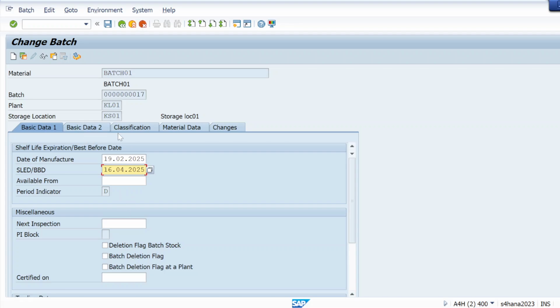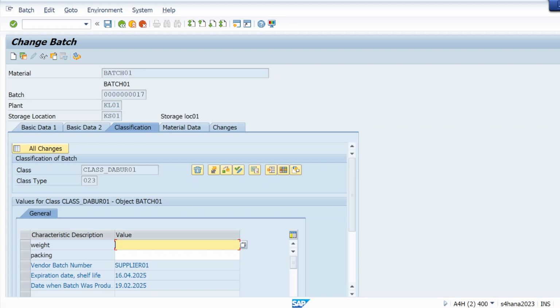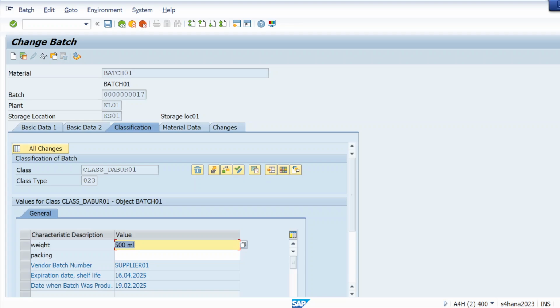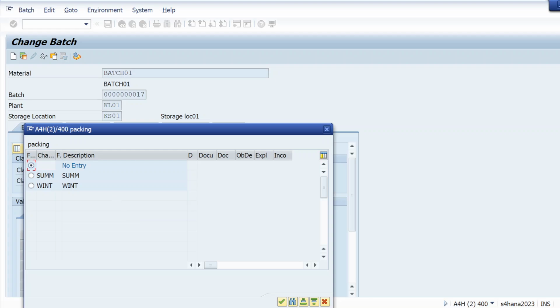Okay, anything in classification, if you want to make some changes like weight, if you want to maintain it, because we didn't maintain the weight, if you remember. If I forgot that, I can maintain it simply in this T code, edit batch, using T code MSC2N. Packing, let's suppose this one is for summer, packing is there.